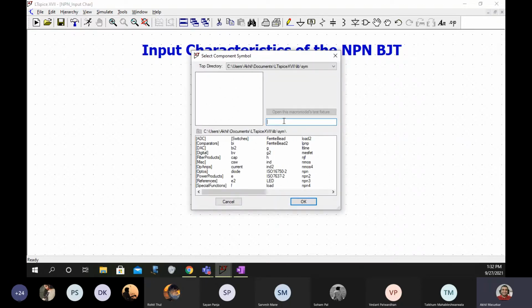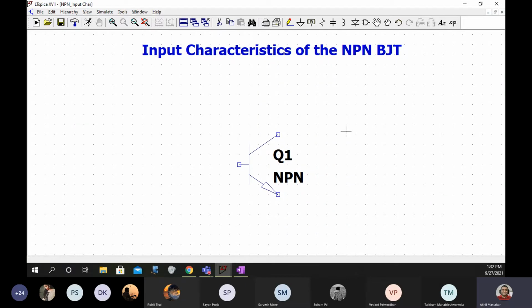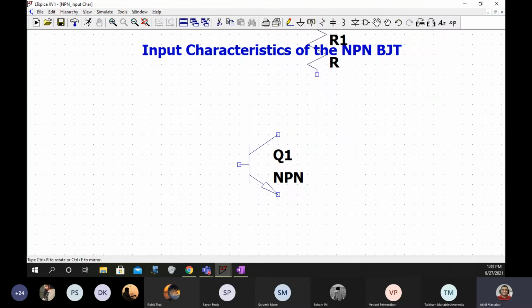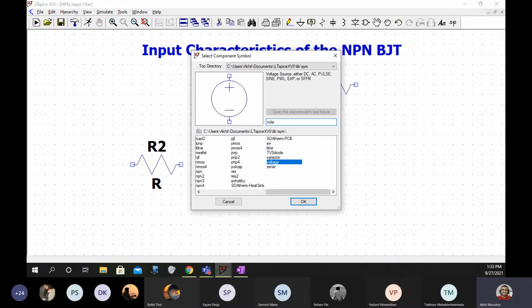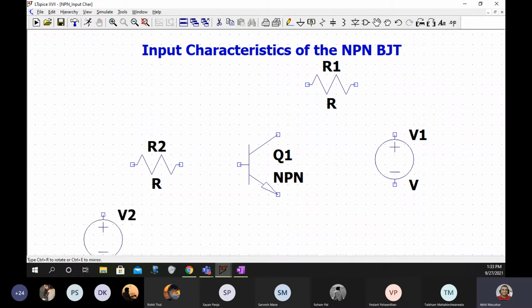Here you can write NPN, and pick up the first one, NPN. If you recollect the circuit, you require two resistors and two voltage sources. I can directly pick up the resistors from here. Let me call this R1, this R2, and we can have two voltages, and then we can connect the whole thing together.